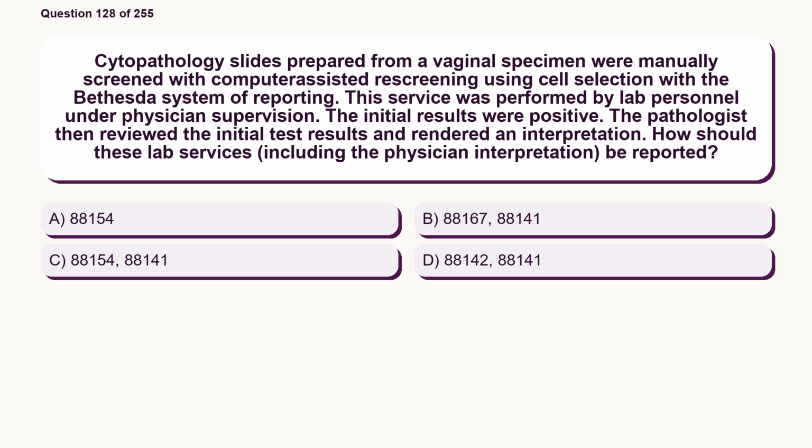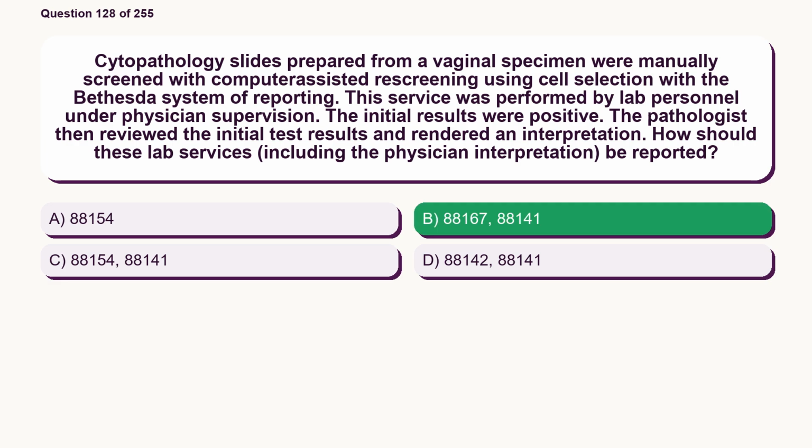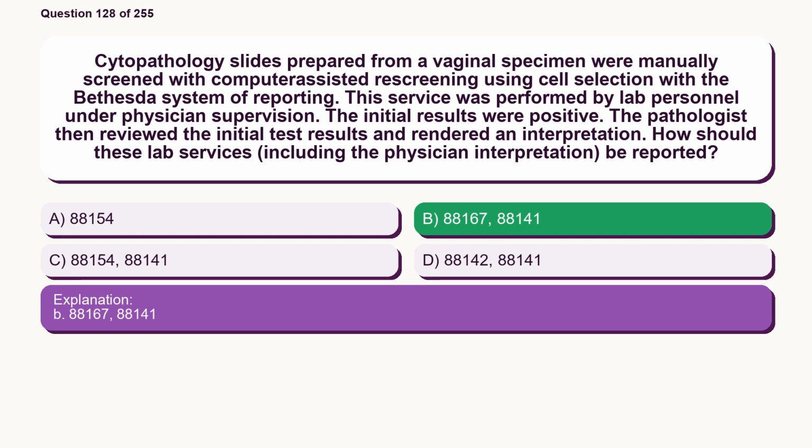Option D, 88,142, 88,141. The correct answer is option B, 88,167, 88,141. B, 88,167,